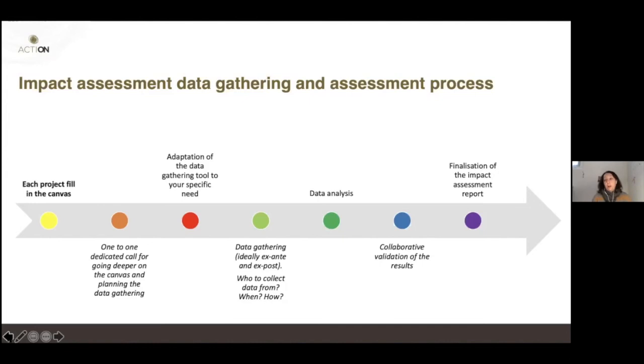We already developed questionnaires for almost all the areas of impact, but there could be the need to adapt them. For example, for looking at behavioral change, we have a set of questions based on literature on whether you are pro-environment or not. And we ask at the beginning and at the end, and see if there is a change in pro-environmental attitude or in pro-environmental behaviors.